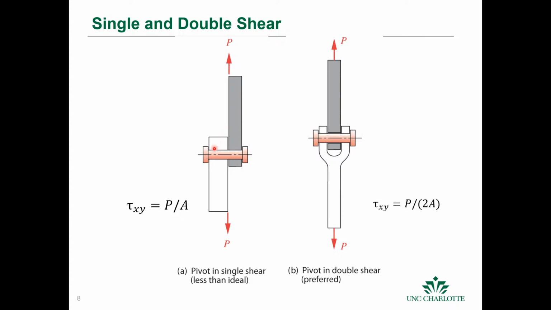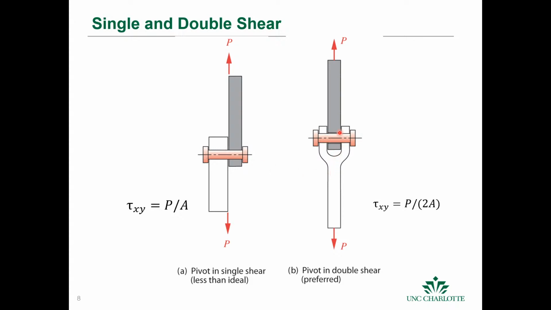This is a single shear joint. This actually shows up in some machine elements. This could be a bolt or a rivet or whatever, where you have 2 plates that are fastened together, or where you have a rotating joint, or if you have like a crank or cam or whatever, and you don't have room to have a double, to have a clevis, then you'll have a single shear, and that's just your force over your area. That's your average shear on that cross-sectional area.